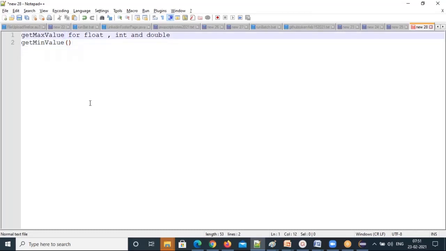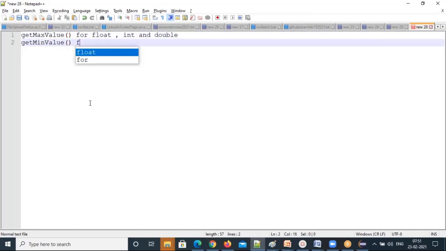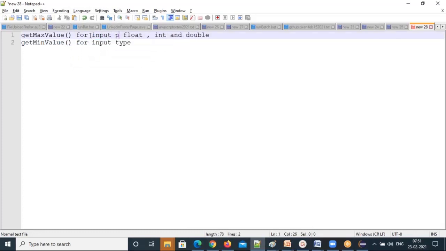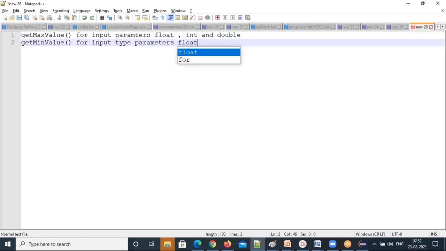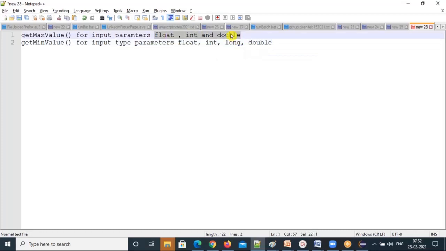And your parameters, it can be any parameter. So for input type, that means parameters, these are the parameters you need to take. What are the parameters? In the float category, one method with float, one method with integer, one method with long, and one method with double. So here 4 are coming, but here only 3. Why? Because I have written long already.